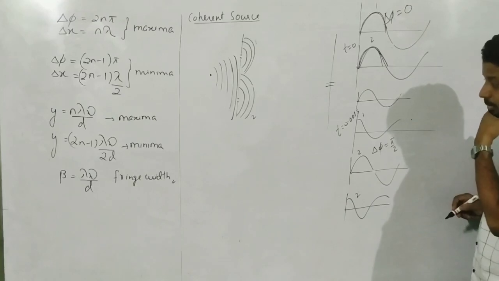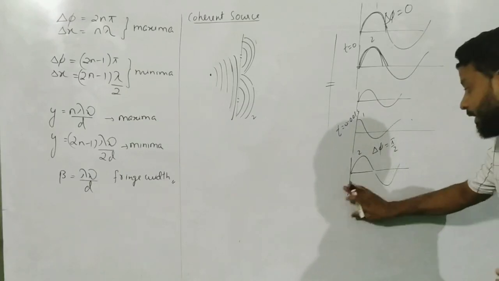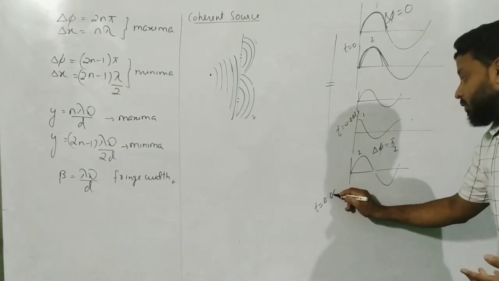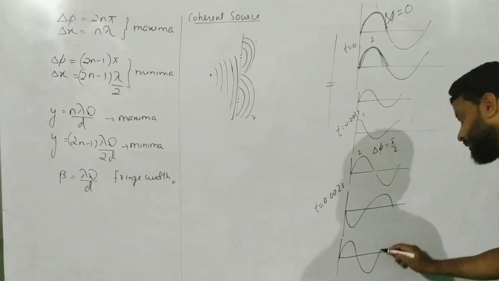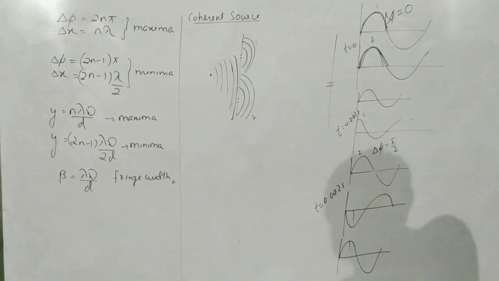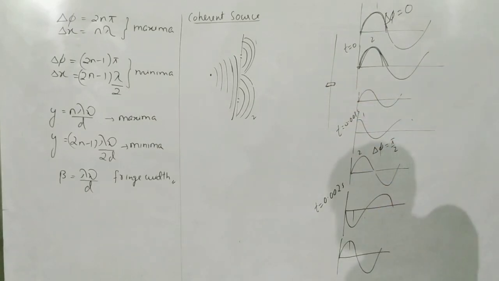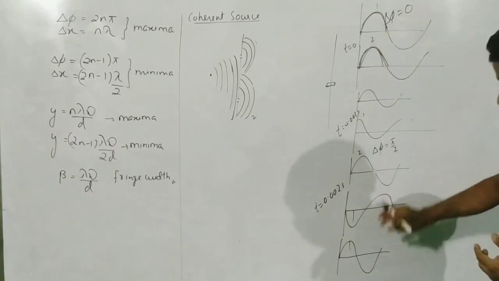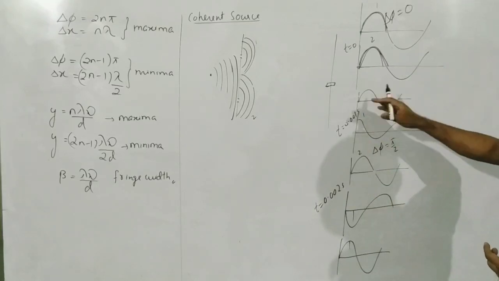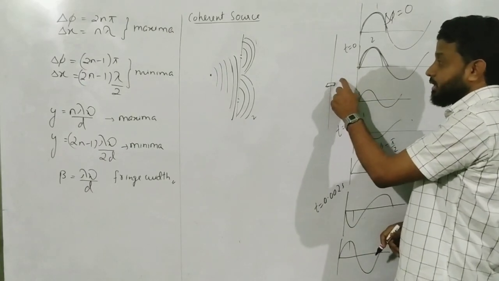When the phase difference becomes pi by 2, you don't know whether it will be a maxima, nor will it be a minima. And let us say at another instant, t equal to 0.002 second, wave 1 looks like this and wave 2 still looks like this. In that case the trough overlaps with crest. So the same central point is behaving for some instant of time as maxima, for some instant as minima, and for some other instant neither maxima nor minima. So there is a fluctuation at the center of the screen.